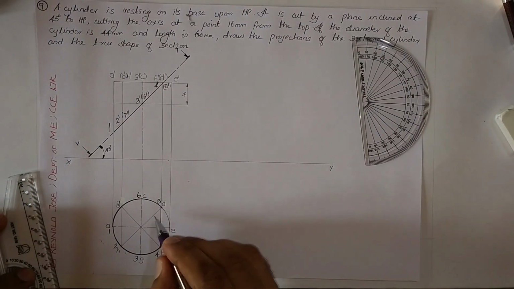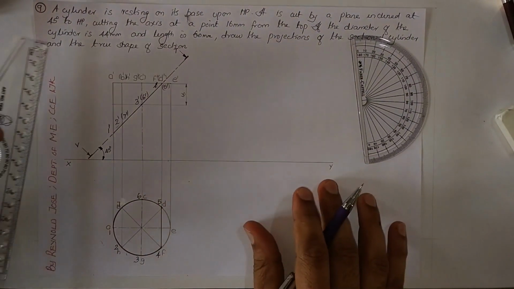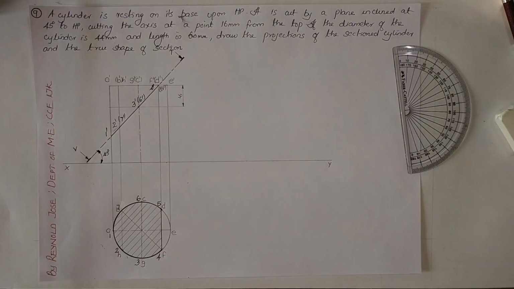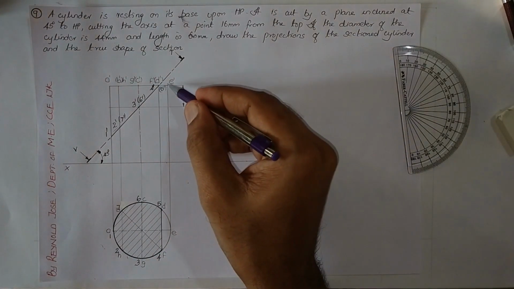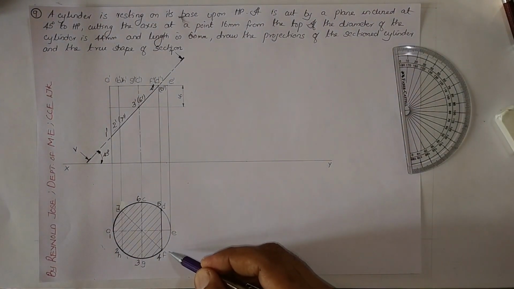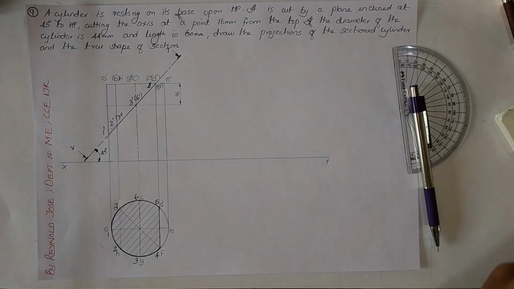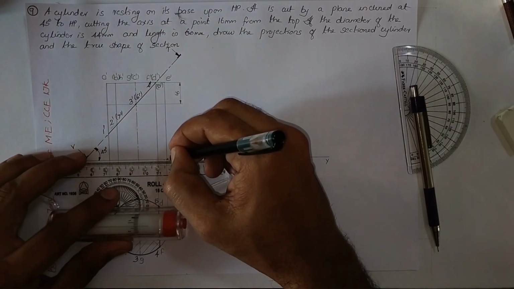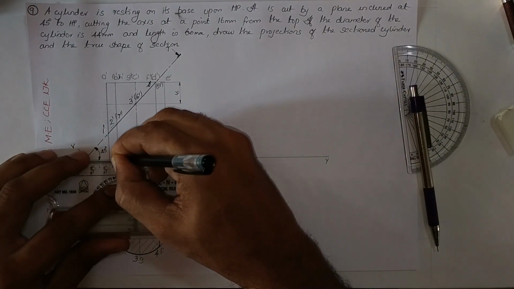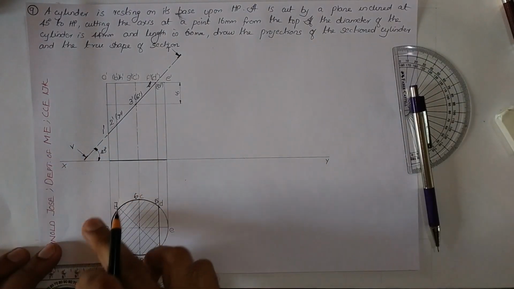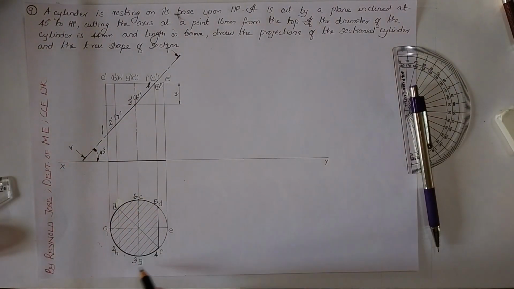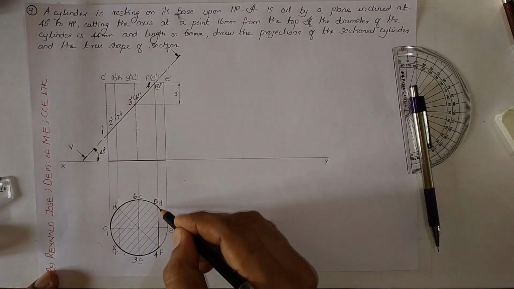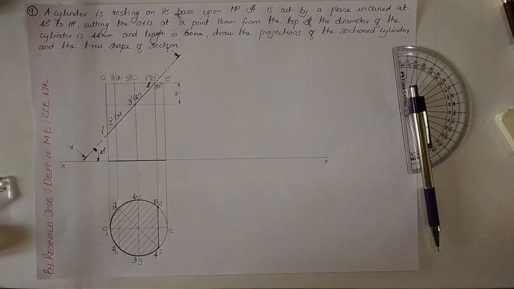Now let us hatch the inside region using hatching lines at an angle of 45 degrees. After the hatching process, let us draw the remaining portions in the front view and remaining portions in the top. So in this case, the base is completely remaining. So let us draw the base. When you are observing from the top, the base is a circle. So let us draw it completely. This portion also using thick lines. So we shall take the help of the compass.